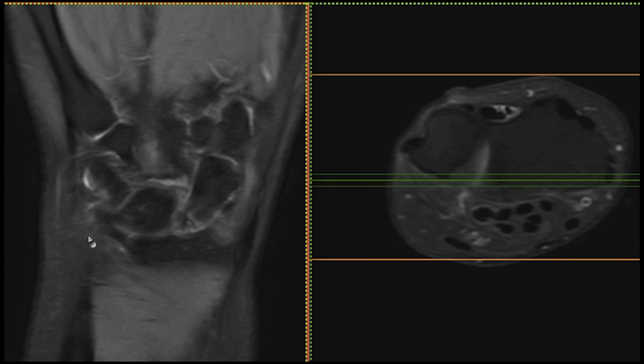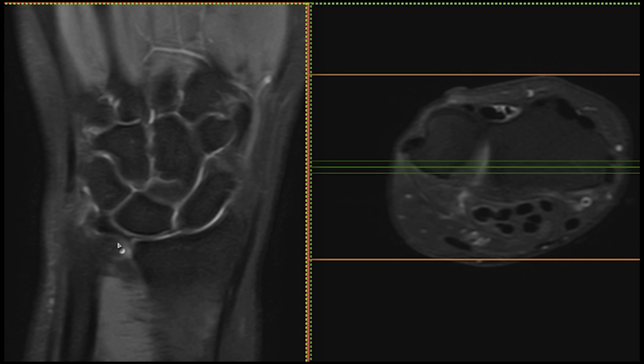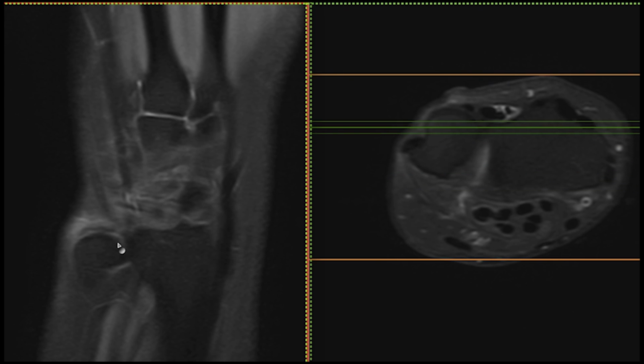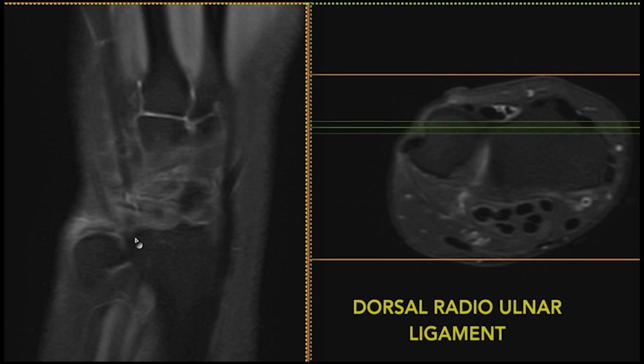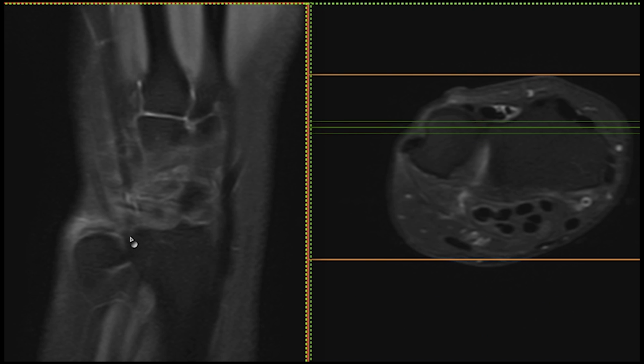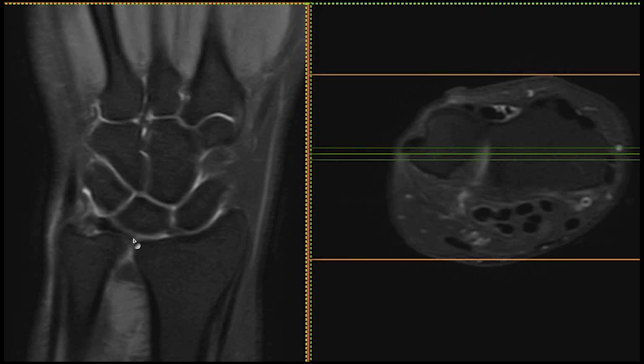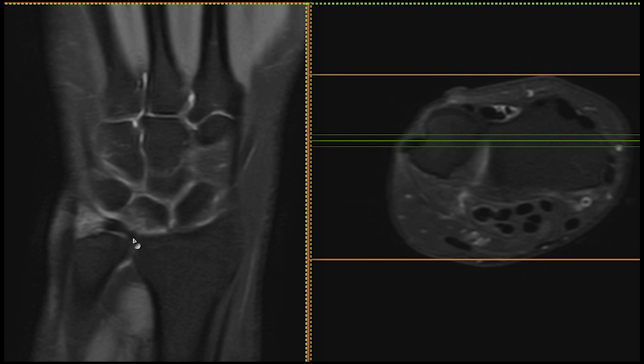After this, what you need to assess is distal radioulnar ligaments. If you see, this is palmar side or ventral side, this appears intact, whereas if you go to the dorsal side, dorsal radioulnar ligament appears grade 1 sprain, which is better seen in the sagittal in this particular case. However, there is no significant subluxation.